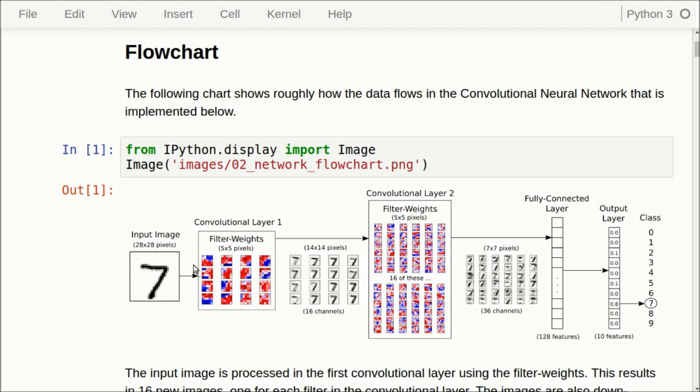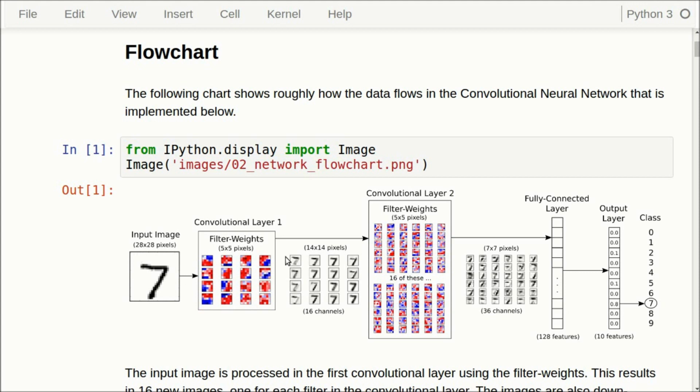The way that the first convolutional layer works is that it has 16 filters. Each of these filters are 5 by 5 pixels. So we take the first filter and we place it in the corner of the input image, and then we calculate the dot product of the filter and the pixels in the image below the filter. And then we get one pixel up in the corner here, and I will show a better picture of this below. When we have calculated this pixel, we slide the filter one pixel to the right in the input image,